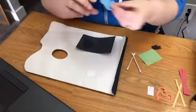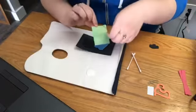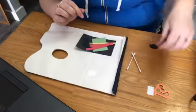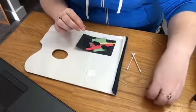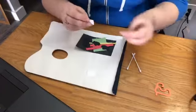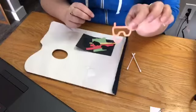We have some flippers. We have an oxygen tank. We have some straps for the oxygen tank. We have some arms. We have some hands. And I'm going to say that we have a clipboard. I also have a clip, which Stephanie had used to clip it on. I think that's kind of fun. And we have our little